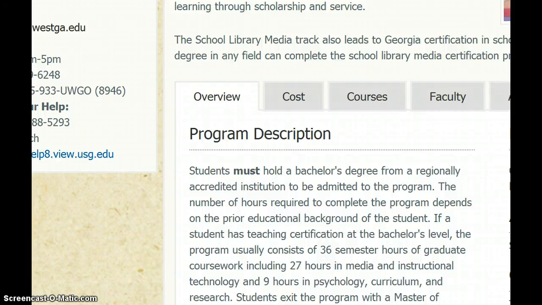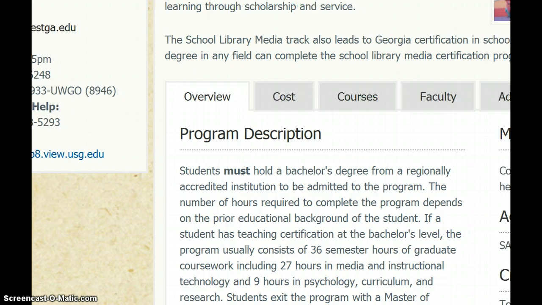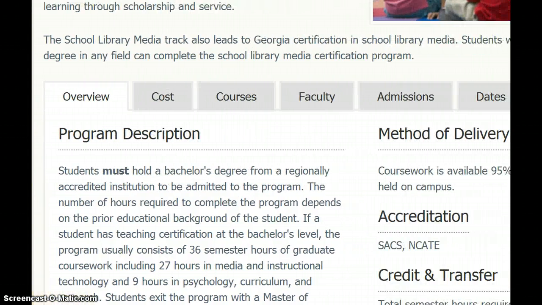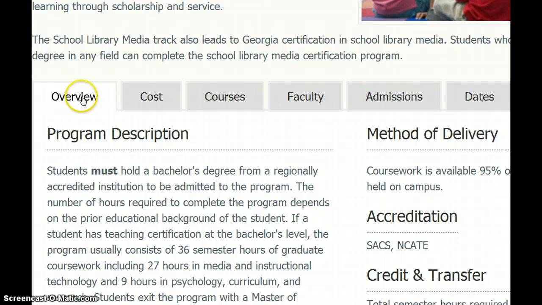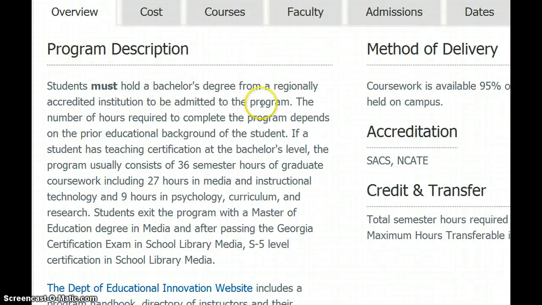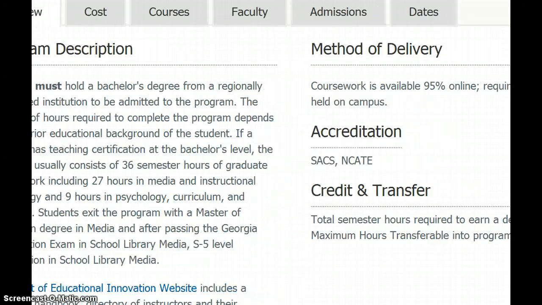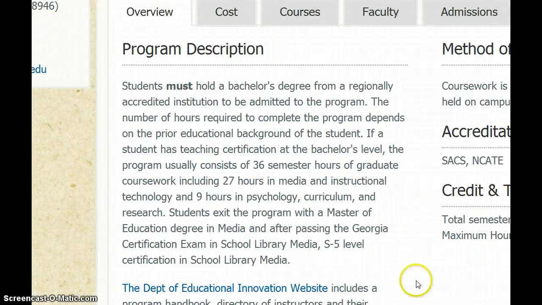I'm going to demonstrate our new database-driven website that ITS created for us. Right now what you're seeing is our UWG online website, and we have a program page for each one of our online programs. As you can see, there are tabs at the top, and there are boxes of information, method of delivery, accreditation, etc. that are provided so that students can go to one page for all or at least most of the information